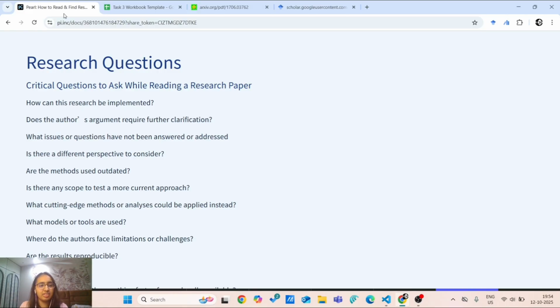Then, does the author's argument require further clarification? If the author has provided certain arguments and they require a certain level of clarity, you could make a survey paper, you could give clarity to it, you could make different types of papers, you could read the methods, you could see if the methods are outdated or not, and all those things.